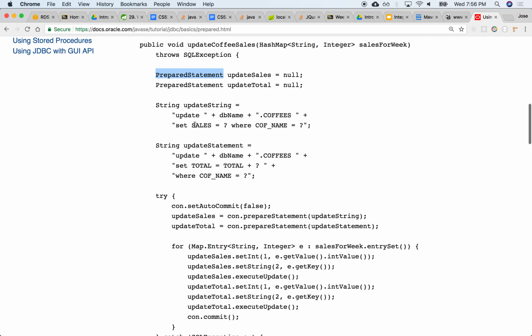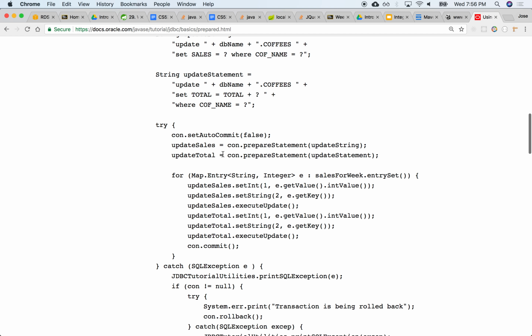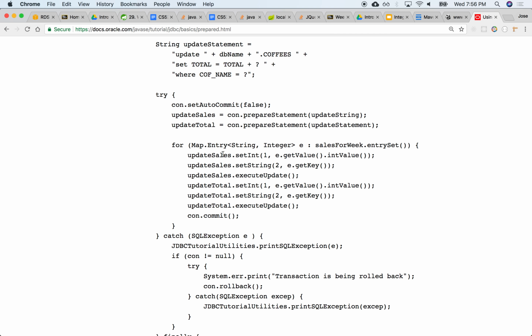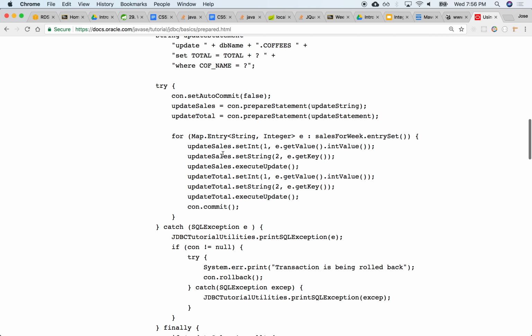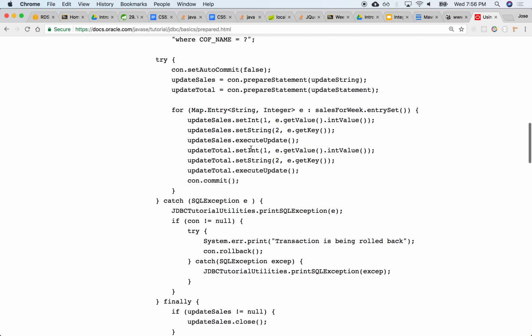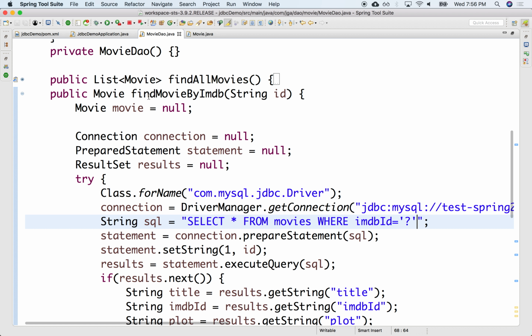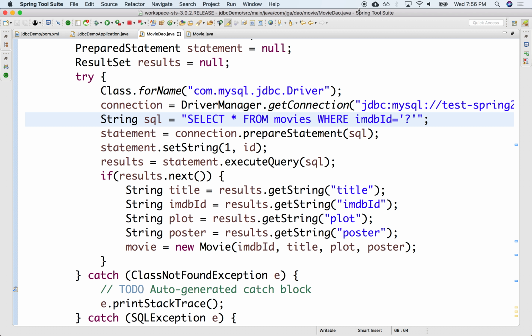Prepare statement, update statement, query, set int, string, transaction. And this is a prepared statement, right? Movie. Let me stop this while